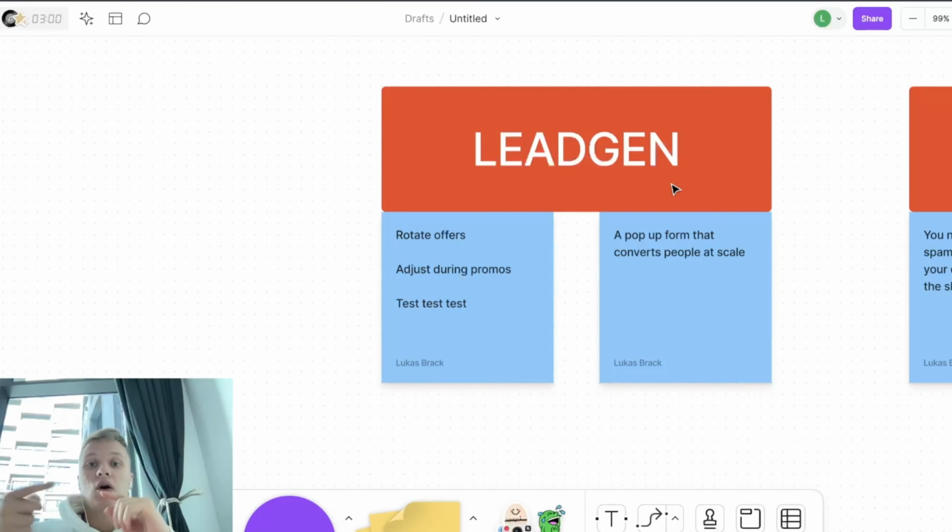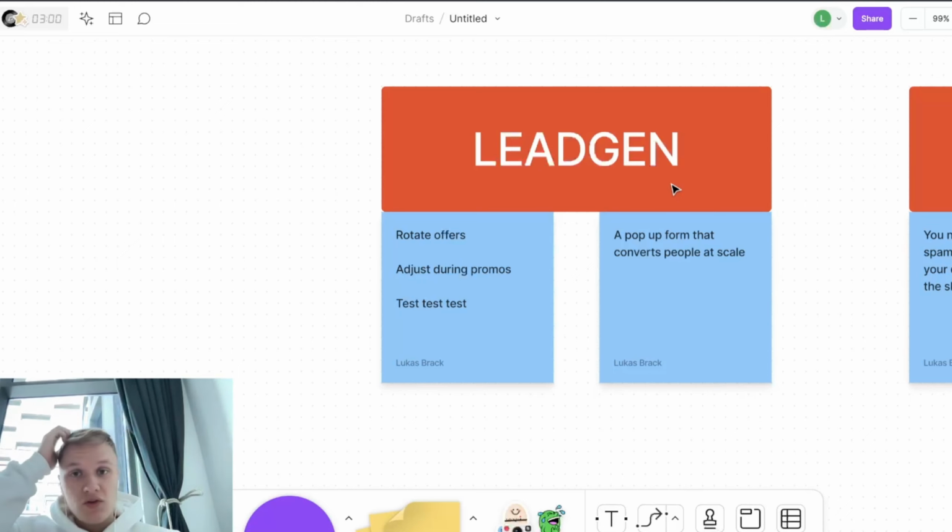The first one is the offer in and of itself. Like, what is the offer that you give people in exchange for their email? Is it free shipping, being in touch when something new happens? Why should someone get onto your list? And if you think about it, it actually makes sense, right? If you have a really good offer there, a lot of people put in the email address, and a lot of people will stay there because you have a very well-functioning email setup.